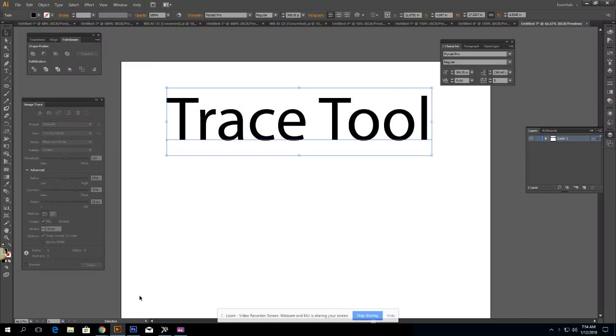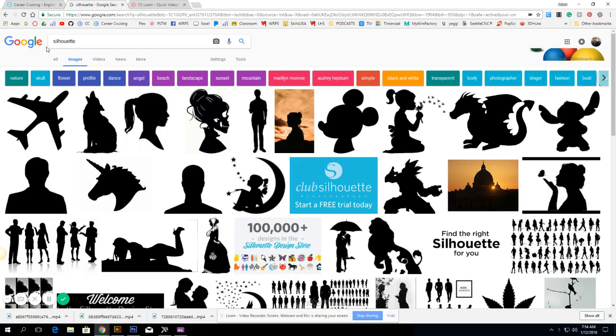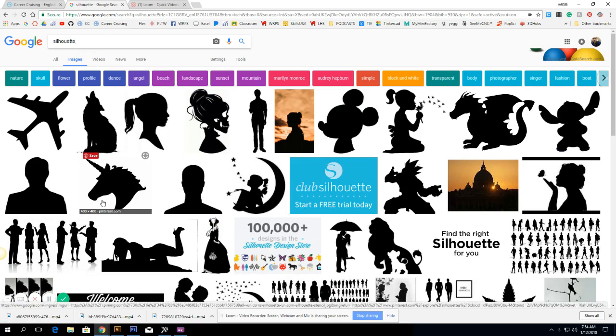Hey, moving on, we're going to get better at some more tools. So I want to show you the trace tool. In order to use this one, you're going to have to go to Google, and usually type in silhouette behind whatever I'm looking for, and you'll come up with pictures that are typically just black and white, and they're real